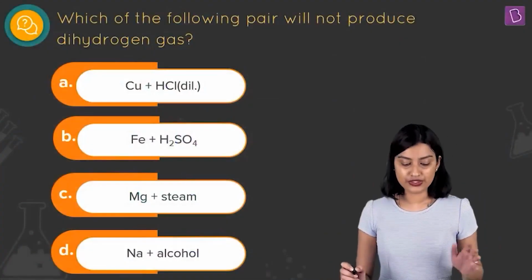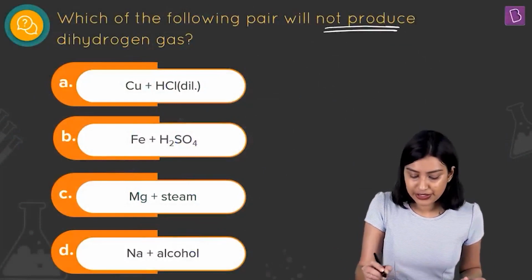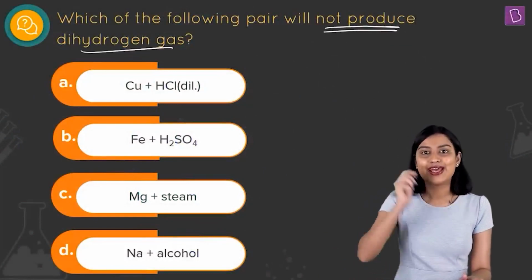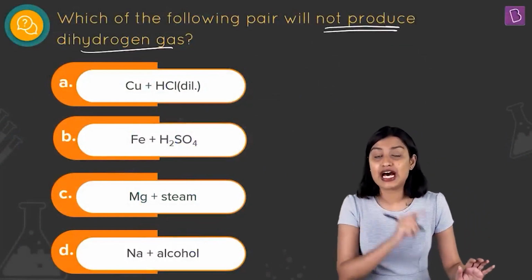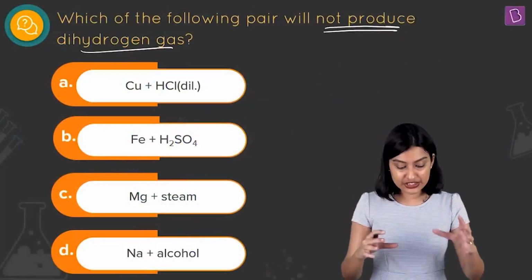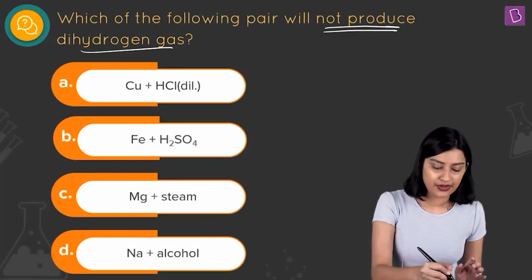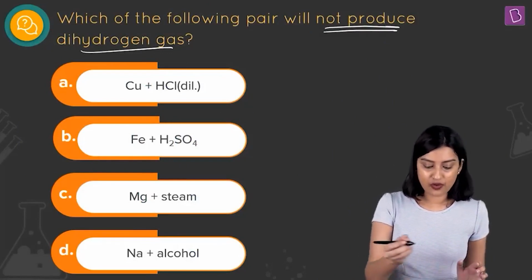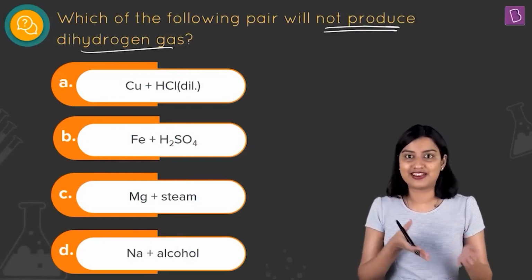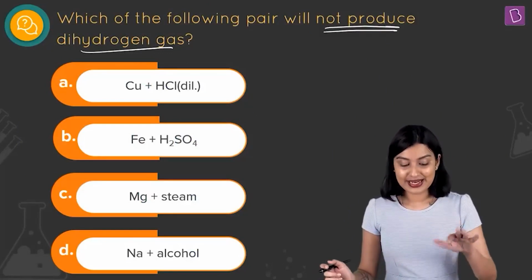Alright, so here they're asking which of the following pair will not produce dihydrogen gas. So we have to go through each of them and check in which reaction you do not get dihydrogen gas as a product. First you have copper plus dilute HCl, and in fact this is the reaction where you don't get